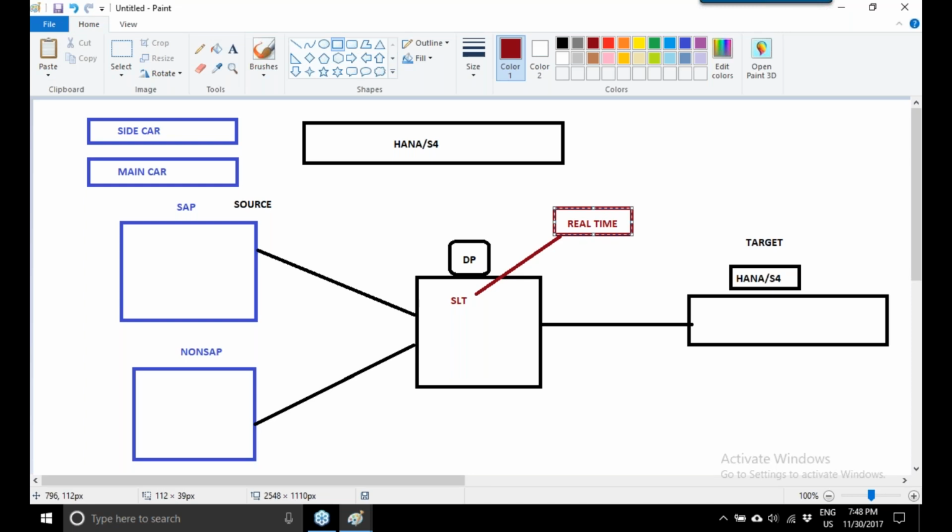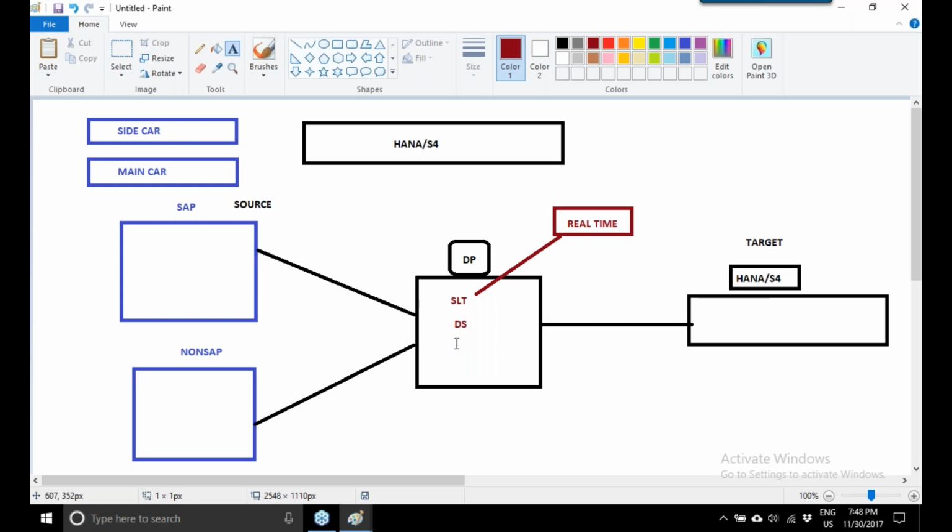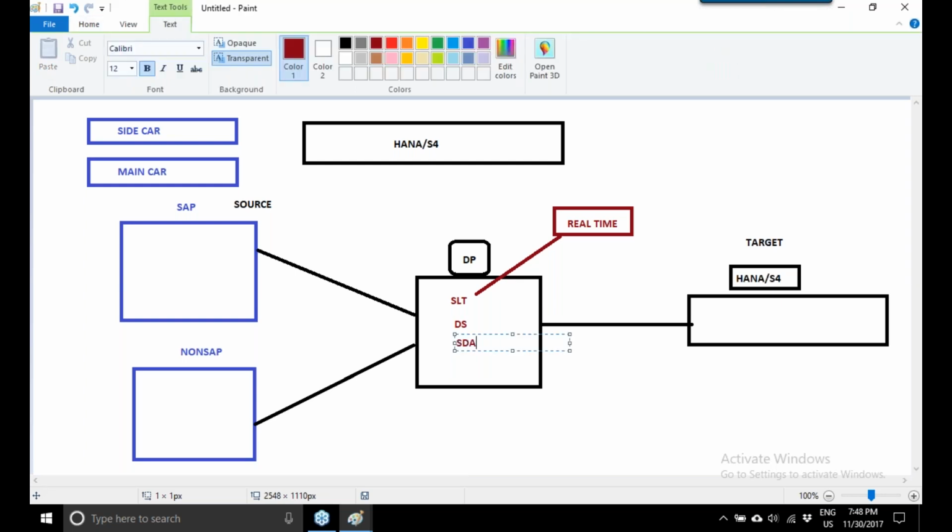The second thing we have is data services. In data provisioning, we have different migration methods. One is using SLT, the second is using data services, and the third is using smart data access.